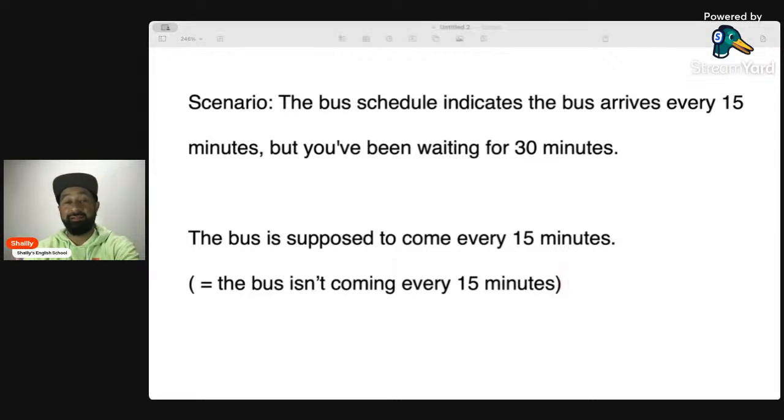This happens a lot in America, in Canada as well. Buses are often very late. Even if the schedule says every 15 minutes, every 10 minutes, they're often very, very late, which, surprisingly, doesn't really happen here in Tokyo. In Tokyo, if the schedule says every 5 minutes or every 15 minutes, it comes. Public transportation in Japan is very, very punctual.